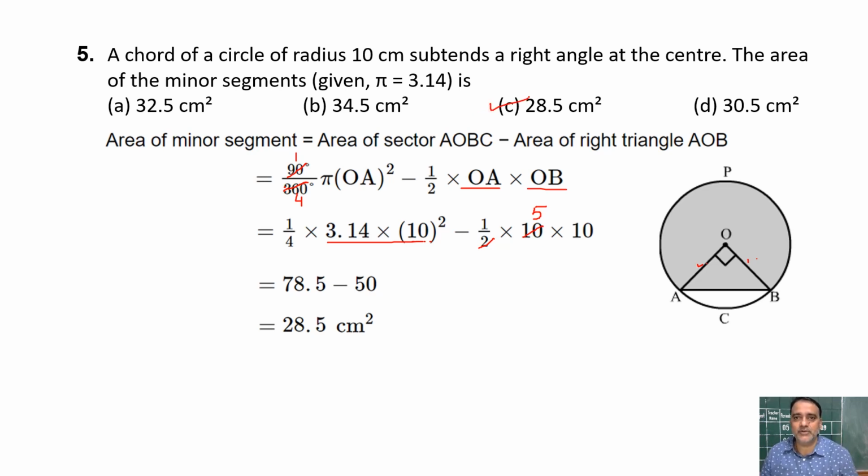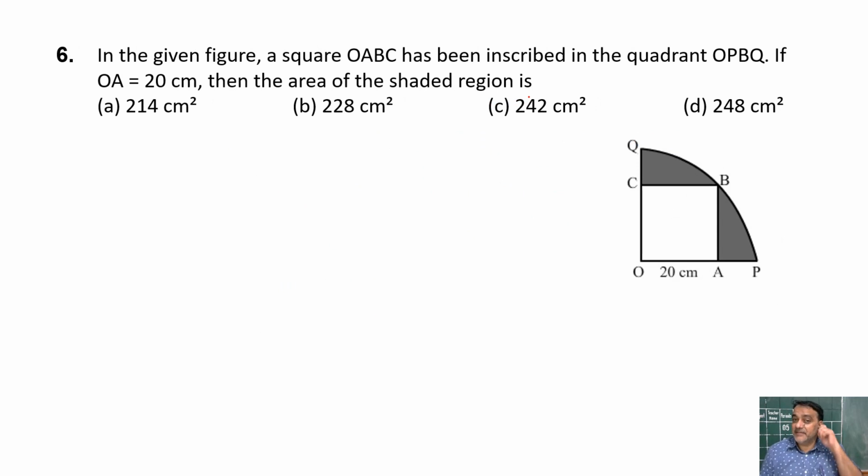So now we are moving toward question number 6. In the given figure, a square OABC has been inscribed in the quadrant OPBQ, right? If OA is equals to 20 centimeter, then the area of shaded region is dash. So first of all, what we will do, we will join OB, okay? And we will find the value of OB by using Pythagoras theorem. So this is 20,